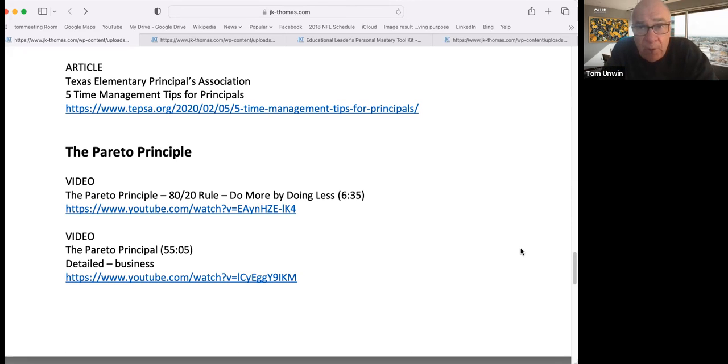I just kept data on which teachers were sending me these office referrals that I thought were theirs. And what I found was, it wasn't 80-20, it was about 90-10. The school had about 30 teachers at that time, and 3 teachers sent me 90% of the office referrals. I didn't know it was that bad.